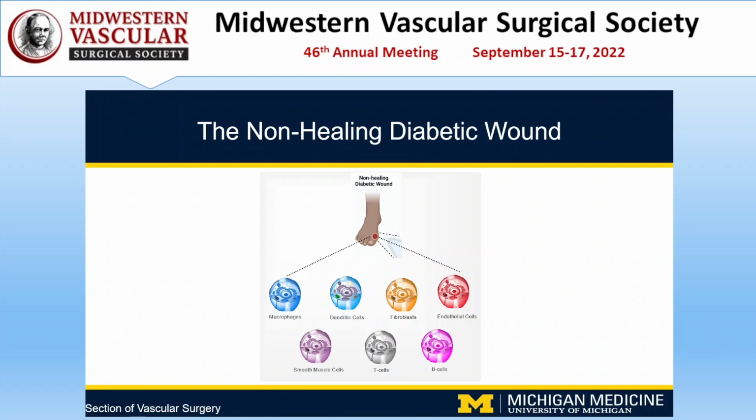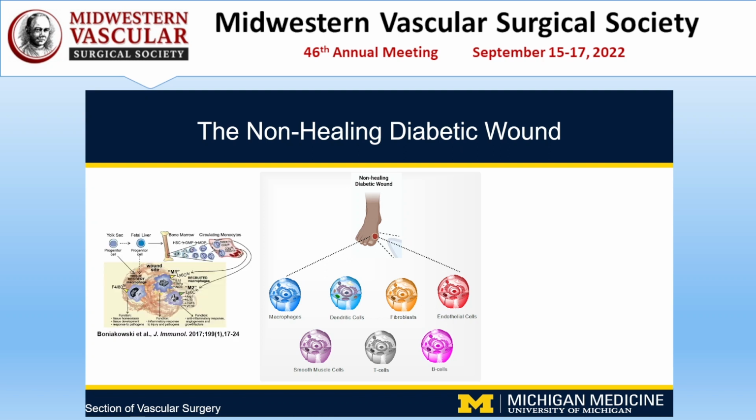Now, we also know that diabetic wounds have multiple different cell types in them, and our lab has been specifically focused on macrophages. But of recent, we were more interested in understanding what other types of cells within the diabetic wound contribute to inflammation and poor wound healing. One of the cells that got our attention were T cells, because T cells have memory, and T cells are involved in promoting chronic inflammation.